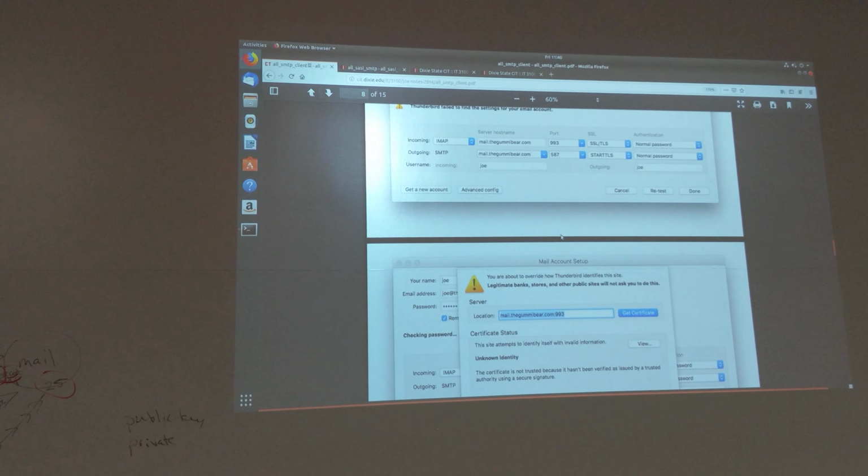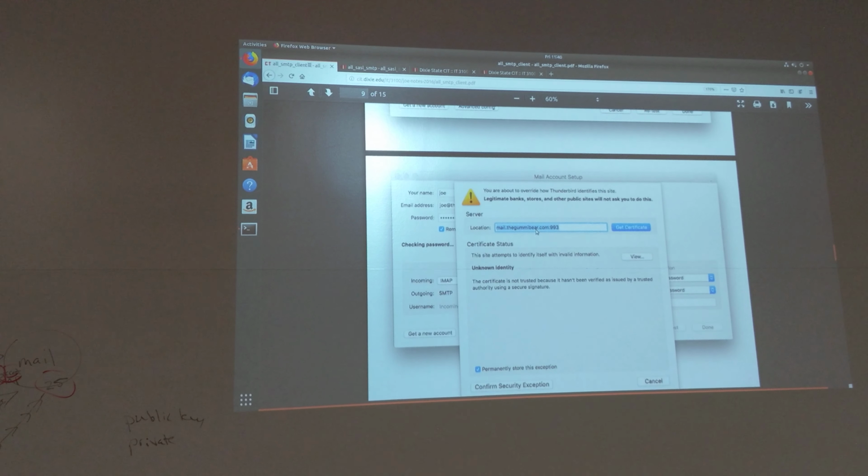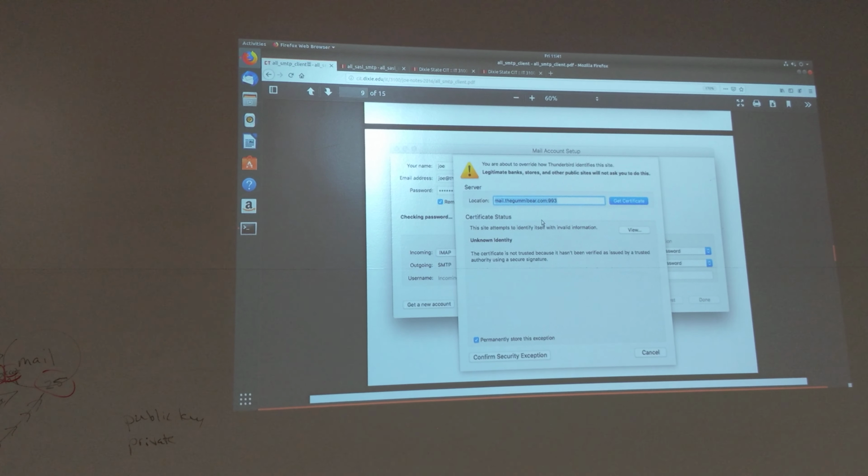So then I pushed done, and the first thing that popped up was this certificate. Now one day I was doing this with a student, and we couldn't get the certificate to pop up. I swear we were looking at it for like 30 minutes. Turns out it was on the screen behind. It popped up behind our existing screen. So look around. At least the first time you connect, it should prompt you and say, hey,